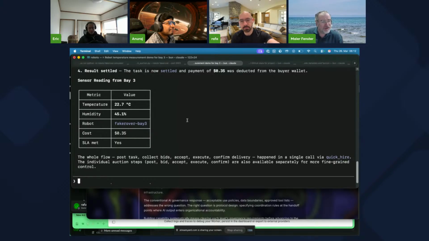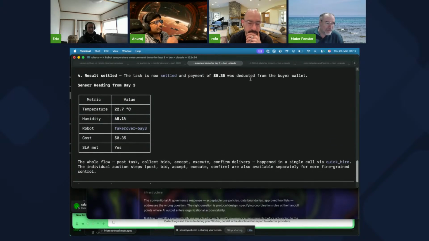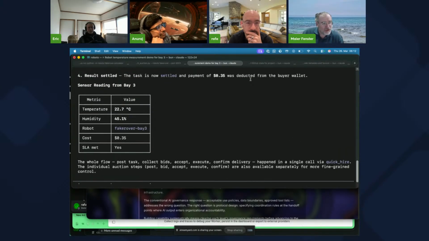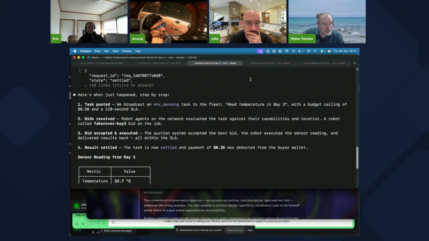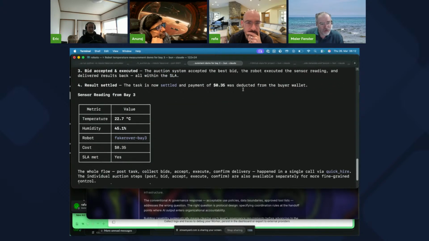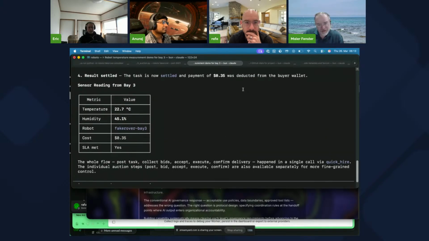So maybe the rover doesn't know what base 3 is. Maybe it fails to measure the temperature because the air is dirty. Maybe it's giving it to you not at the time you need. So I'm wondering if you are planning on dealing with that as well, or you're focusing on the more abstract level of